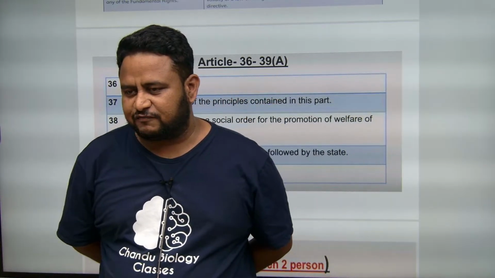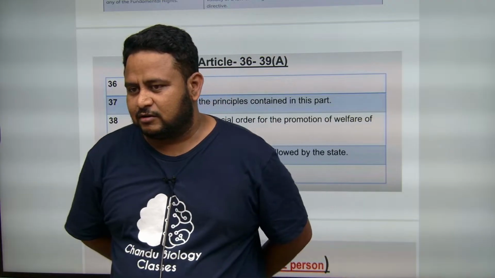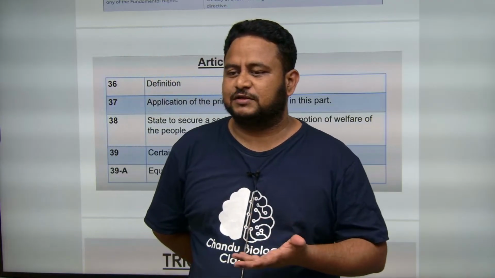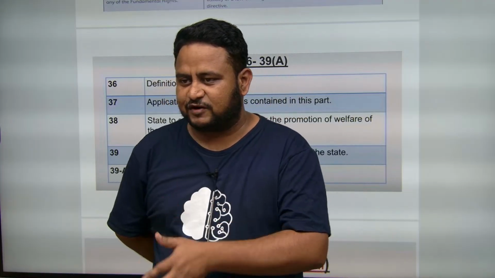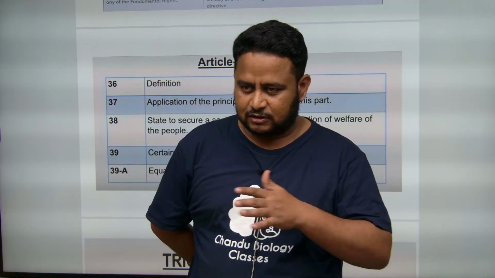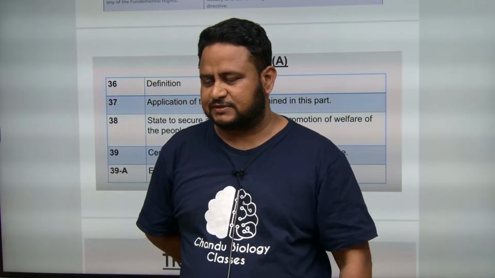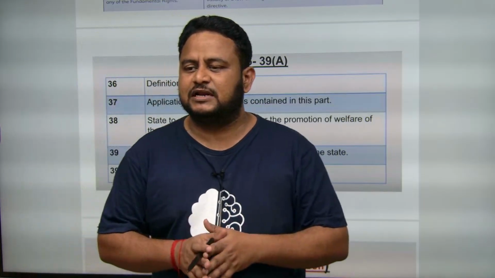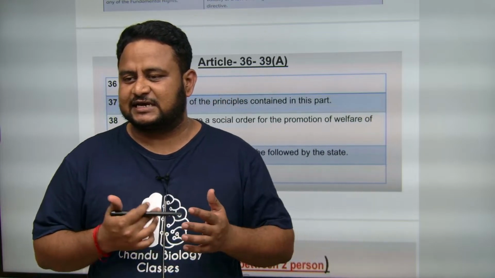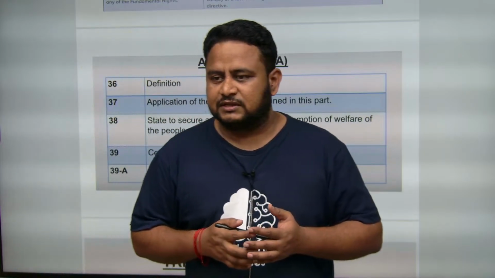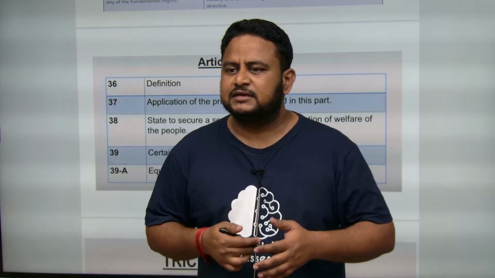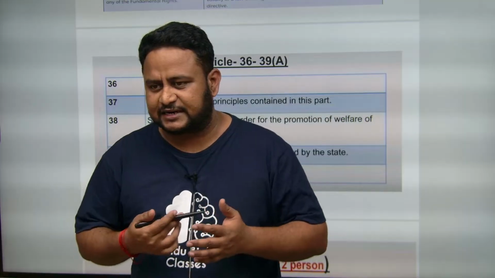Then for articles 40 to 43B, to remember them we learnt through the pandemic. During the pandemic there was pain for the people, with migrant workers traveling from outside places back to their own place. When they go back, they will not have work. So the people of the village will organize the village panchayat, that is article 40. Then they will demand work and public assistance. Work should also be humane, that is, humane conditions of work.